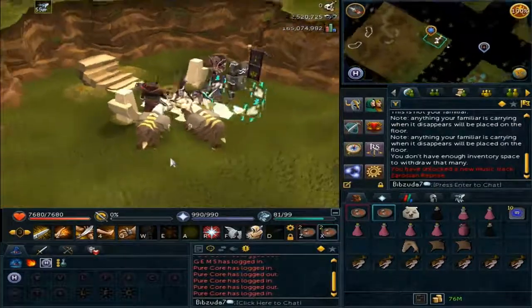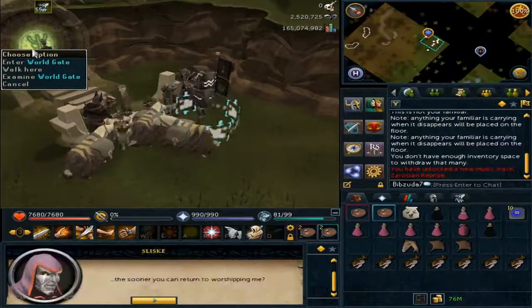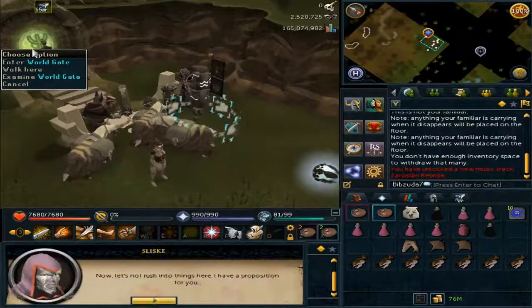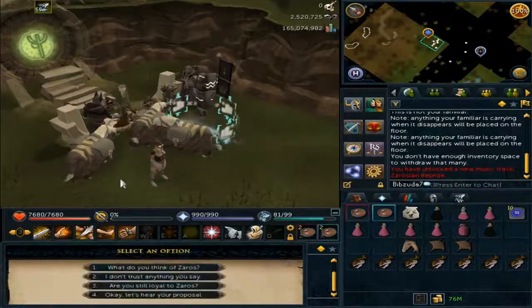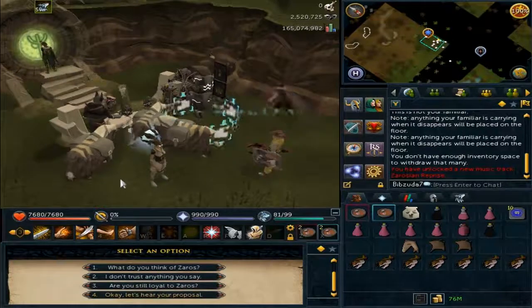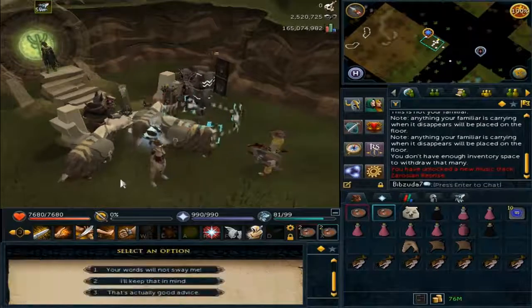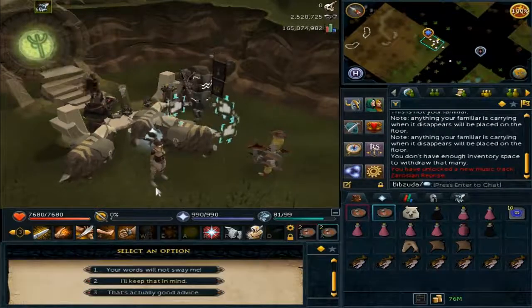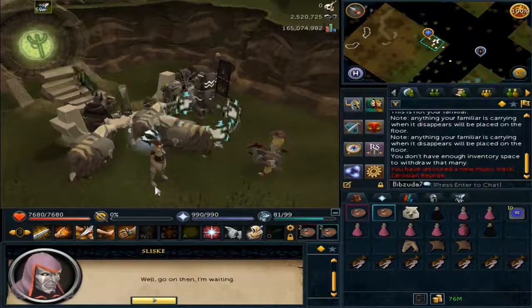But then Slisk will summon the World Gate right there. So he just brings it out of the Shadow Realm, I think is what they said he did. I didn't really read this stuff too much because I'm not too interested in it. I usually picked the option that provoked the least amount of chat. And right here you have to pick... actually, no, wait, maybe that wasn't it. But coming up soon, I believe,